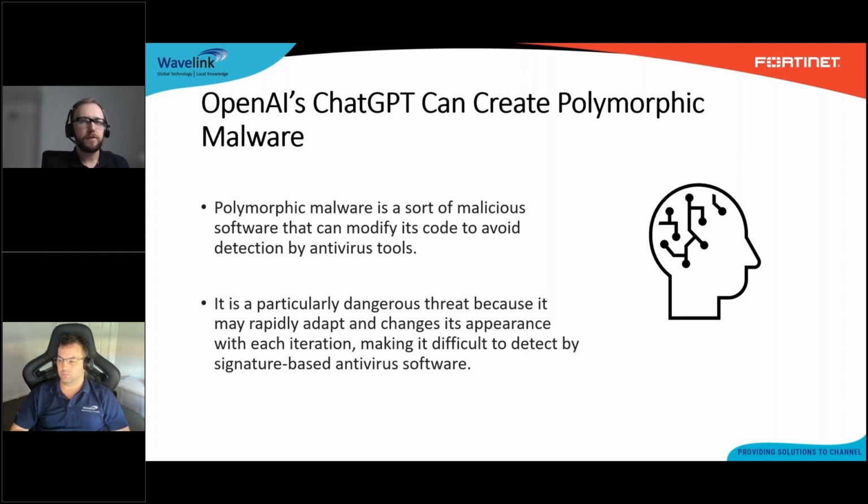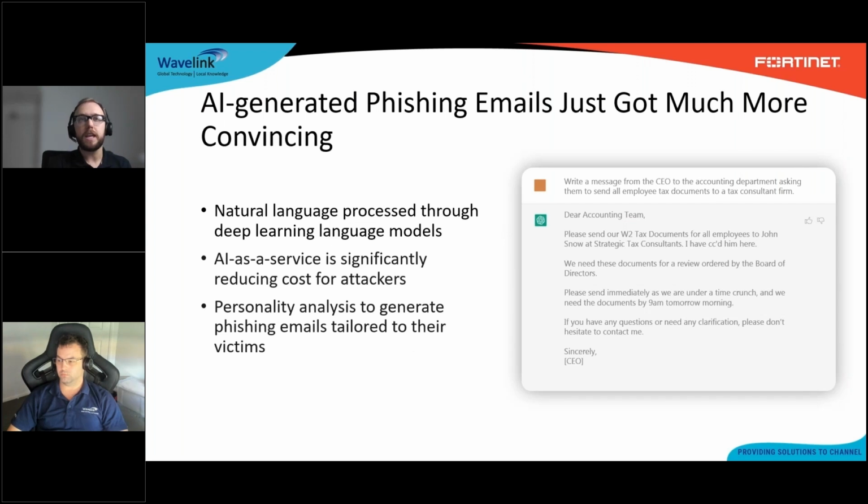And the latest tool that I'm sure most of us have heard about, which is OpenAI's ChatGPT, we've already seen attackers successfully creating polymorphic malware through ChatGPT, making the creation of advanced malware one step easier for attackers. AI is also advancing phishing email attacks. Traditionally, AI required a really high level of expertise, which made it relatively inaccessible to most attackers. But now with AI as a service being prevalent, there is very little expertise required, making it much more accessible and dramatically reducing the cost for attackers to create really high quality